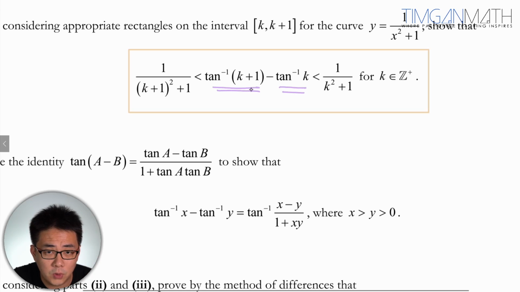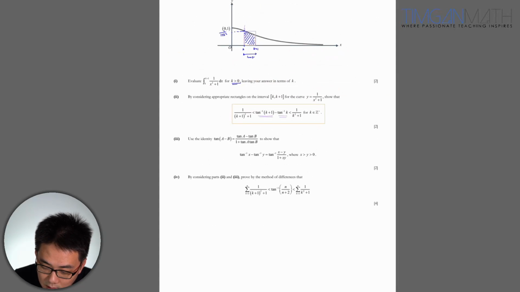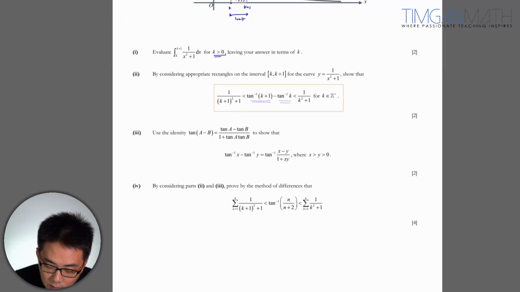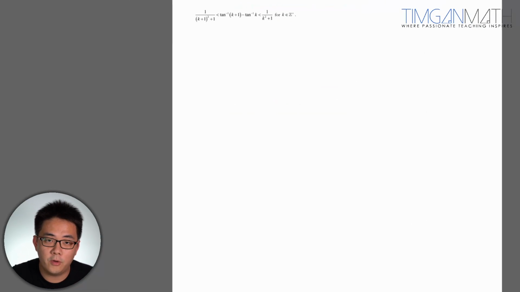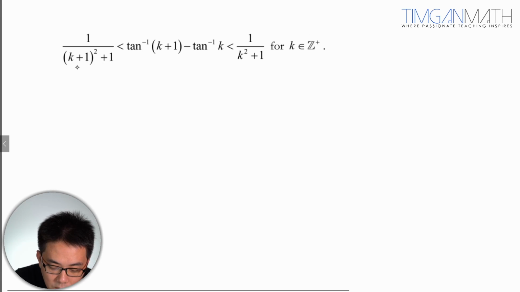And there is a difference between two terms here. So k plus 1 minus k, tangent inverse k plus 1 minus tangent inverse k. So you could actually perform a method of difference using this expression here, okay? So let's just use these first and we'll see how things go. So from this expression here, we know that what you could do is you just